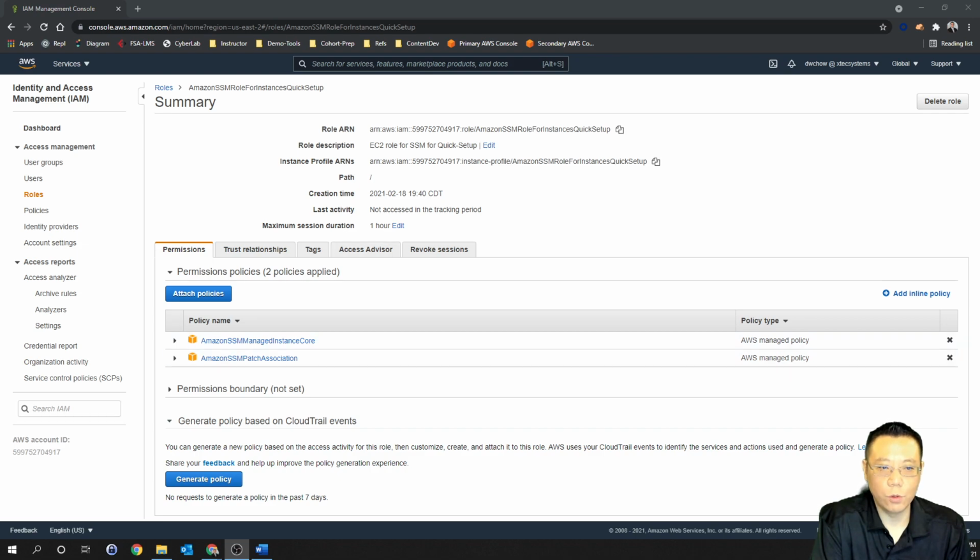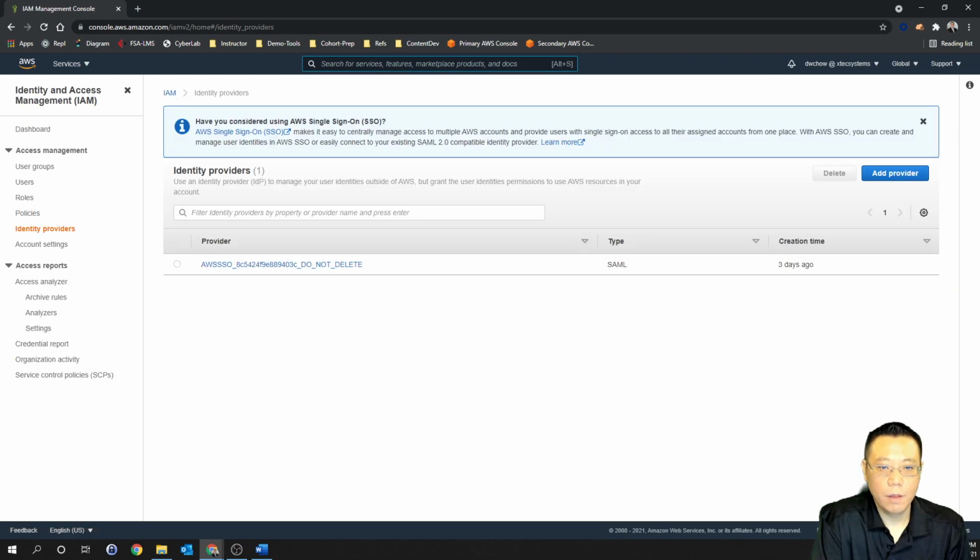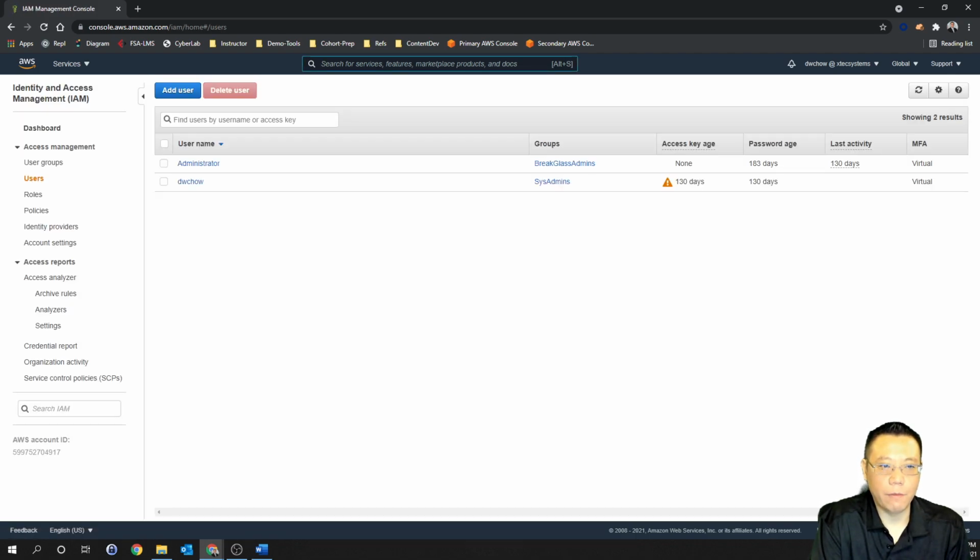And let's go to perhaps the identity providers. I don't have any here, except for SSO, which I created. Right? And SSO is a separate service from IAM, which allows me to federate different things. So in that case, it will assume a very specific set of roles when I do some sort of federation. Now, if I go to AWS